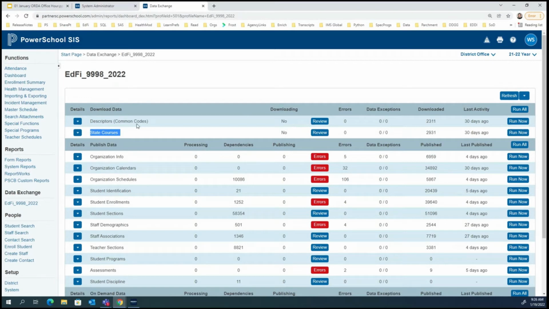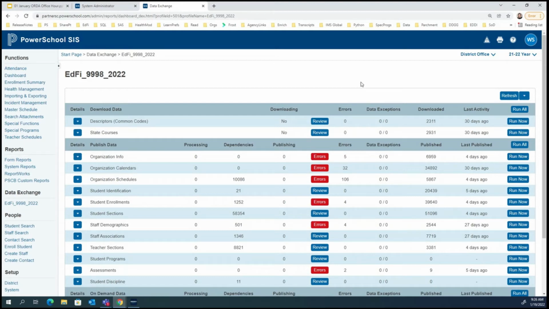What these are basically, and Wyatt, you can tell me if there's a better way to describe this, I think of it as a checkpoint for data that's coming up to the ODS. Is that kind of right? Yeah, that's exactly right. The descriptors are the common code sets that we use across the state to keep the data standard in the district ODSs. So a value of Hispanic for the federal ethnicity is translated from PowerSchool to whatever descriptor Josh created in EdFi.